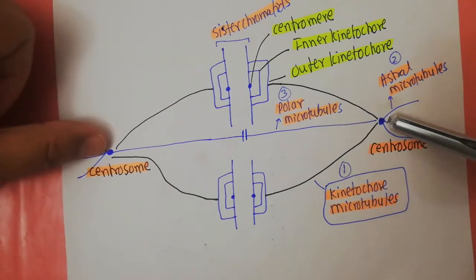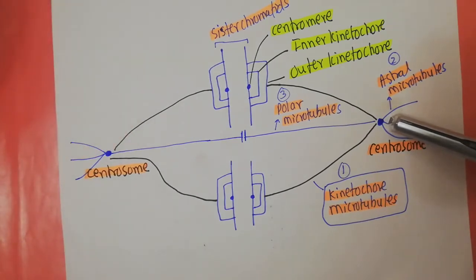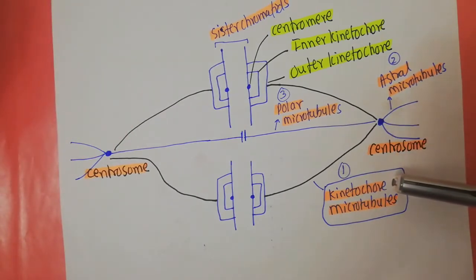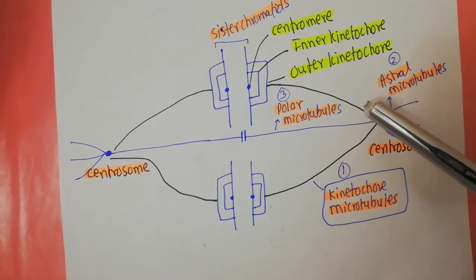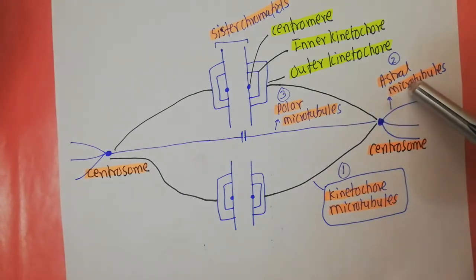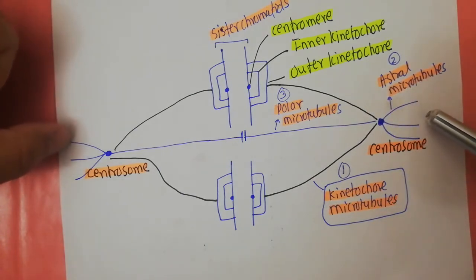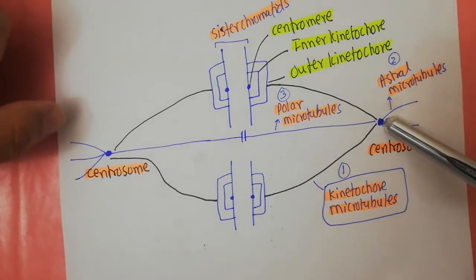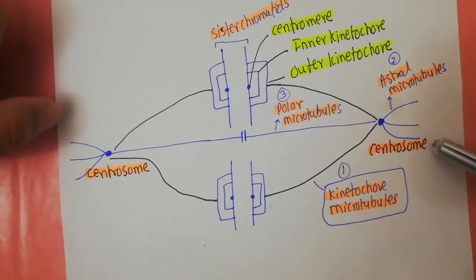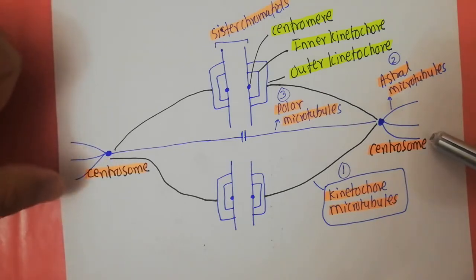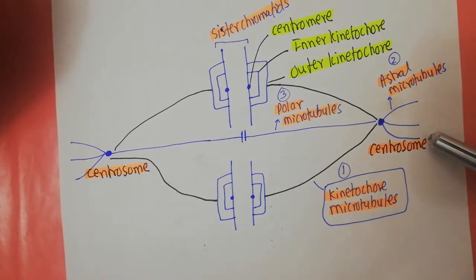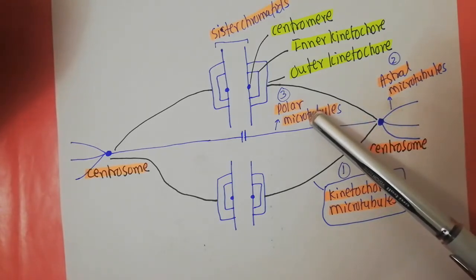from both the poles where you have got the centrosome, three kinds of microtubules are originating. The first type of microtubule were the kinetochore microtubules, and they were actually interacting with the kinetochores that were attached to the sister chromatids. The second important microtubule were the astral microtubules, and they were actually interacting with the cell membrane on both sides. The astral microtubule originating from this centrosome was interacting with this part of the cell membrane. The astral microtubule originating from this centrosome was interacting with this part of the cell membrane. And the third type of microtubule that were originating were the polar microtubules.